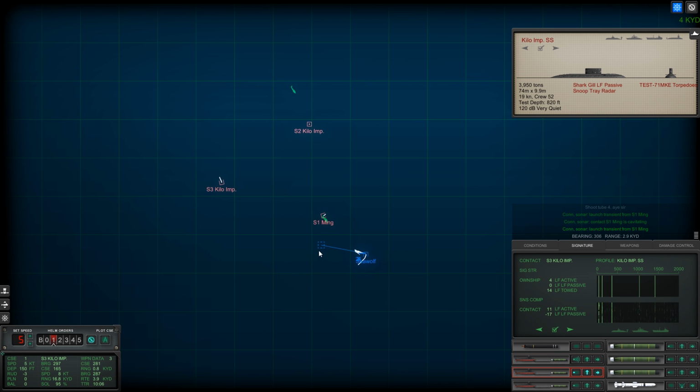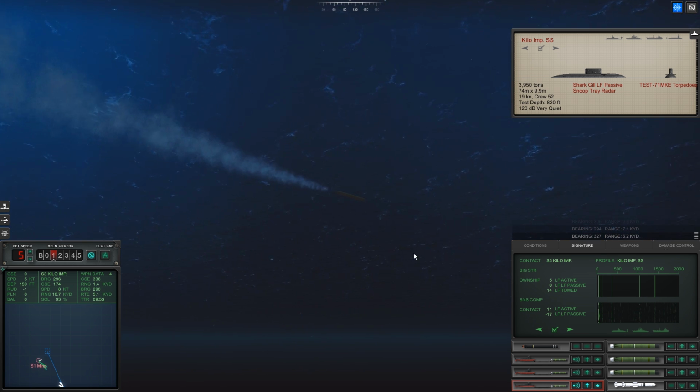Now switch to torpedo 3. Gonna send that to Sierra 3. And then switch torpedo 4 to Sierra 2. Again, activate the sonar. Now at this point we can start manoeuvring the submarine to avoid the torpedoes that have just been fired at us,